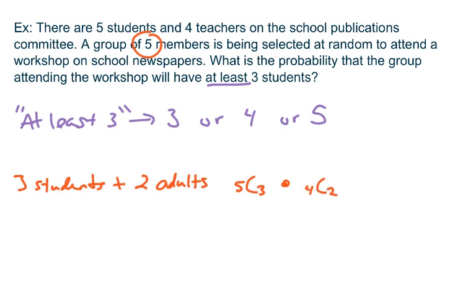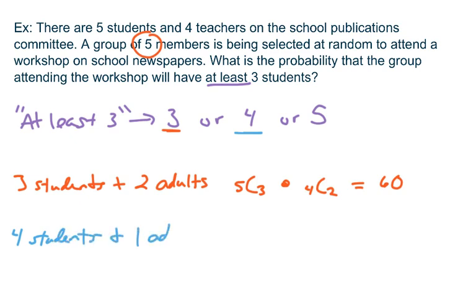Okay, so if we're taking 3 students and 2 adults, it's going to be 5C3 times 4C2. And when you do that in your calculator, you're going to get 60 possible groupings of 3 students and 2 adults. Okay, so there's the 3 student possibility. Now, what about 4 students? If we take 4 students